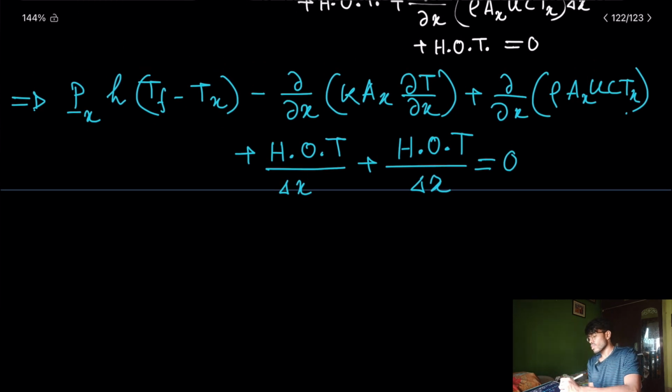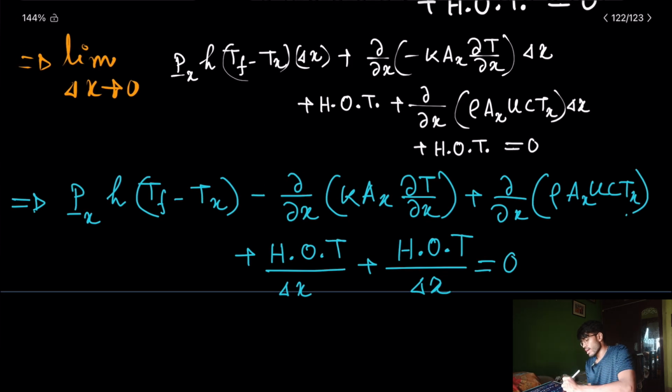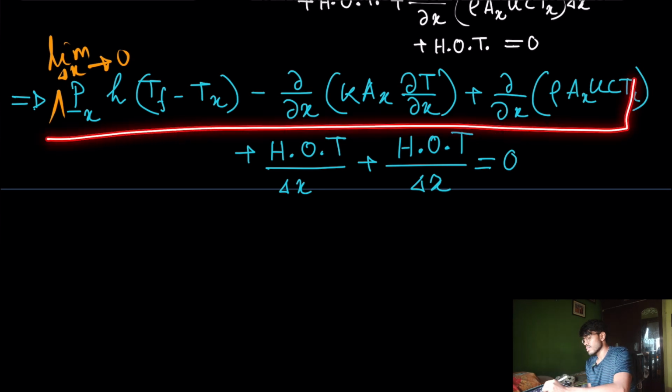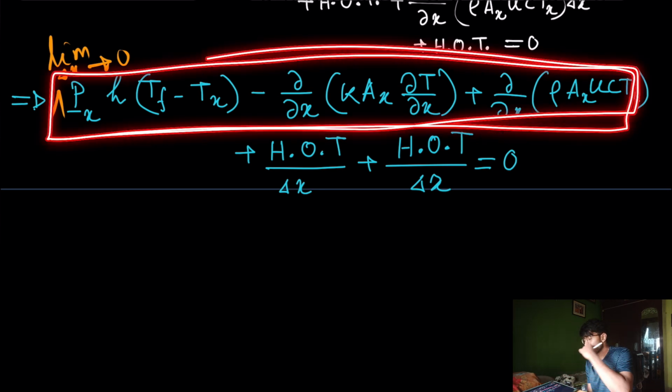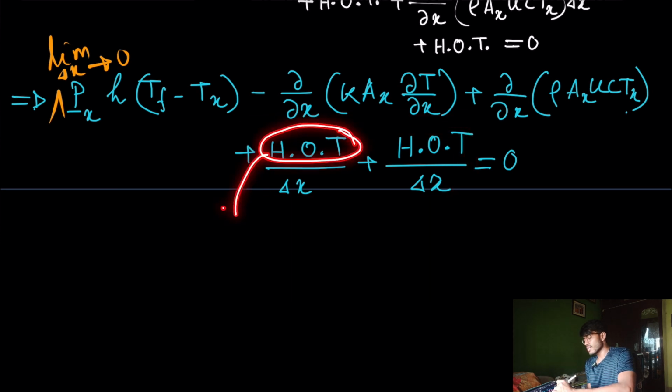Okay, so now I am actually still applying the limit. So these terms will not change if I apply the limit, because these terms do not contain delta x. But what about these terms? Now you see, higher order term means it is having